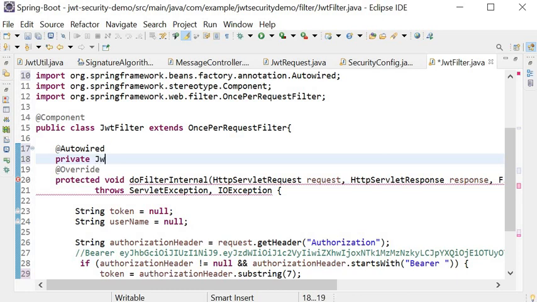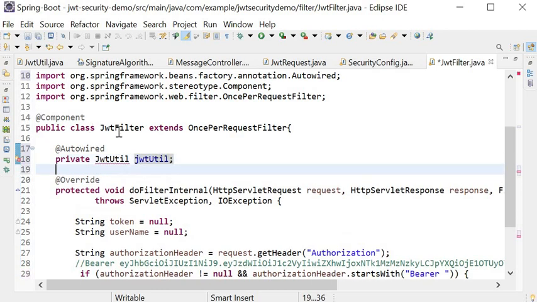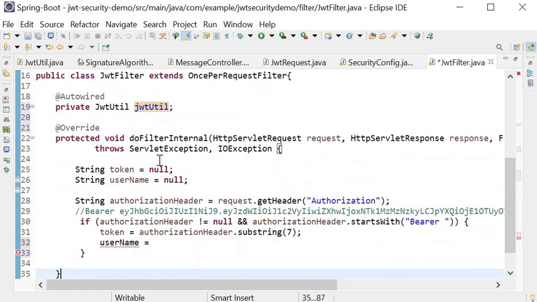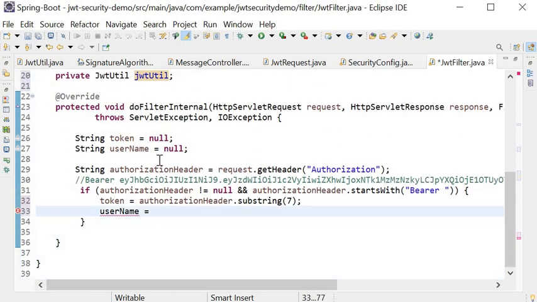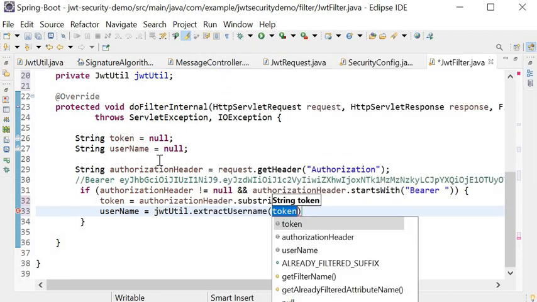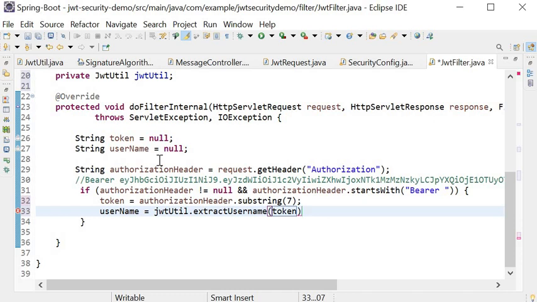So first I will inject the jwtutil class here, as util. Now I will extract the username with the help of my token. Here I will pass the token value and extract the username.